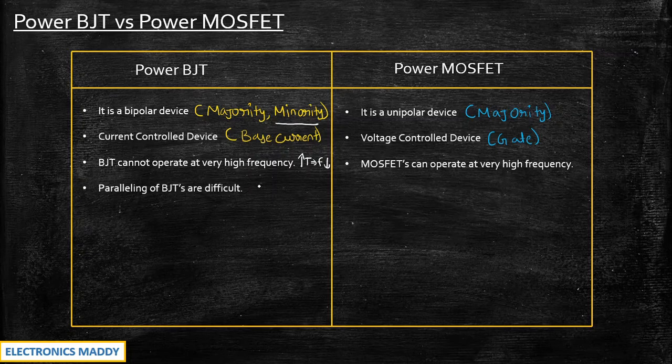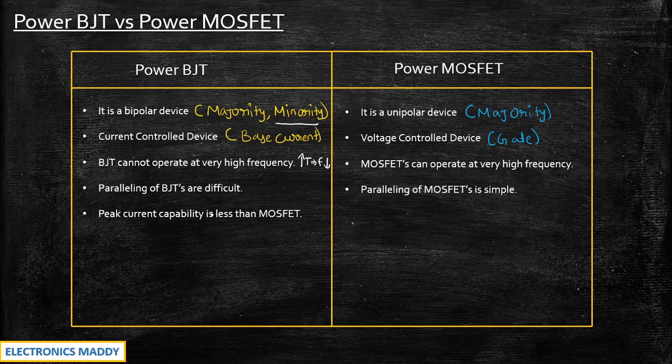Paralleling of BJTs is difficult. It is often observed when you are paralleling several BJTs that the current distribution is not uniform, as BJTs do not have similar properties ideally speaking. So that is why paralleling of BJTs is difficult. Whereas if you talk about MOSFETs, paralleling is slightly easier compared to that of a BJT, and you would have seen the structure of MOSFET where several MOSFETs were connected in parallel, and from there we observed the characteristics of the MOSFET, isn't it? And that is why paralleling of MOSFETs is very simple.